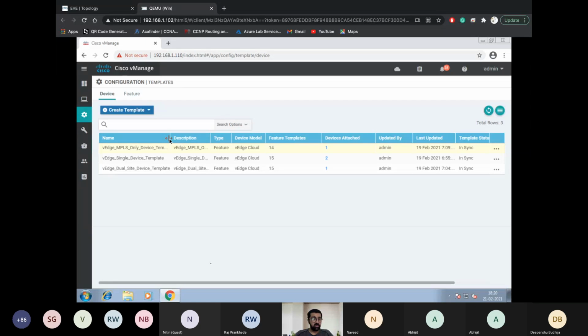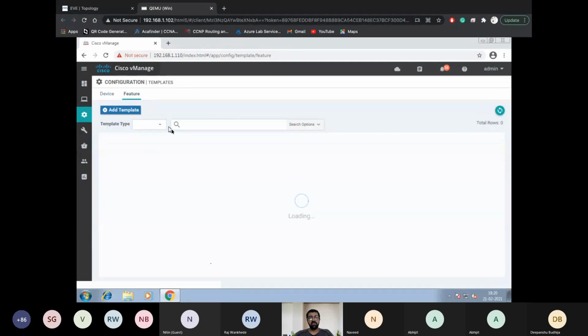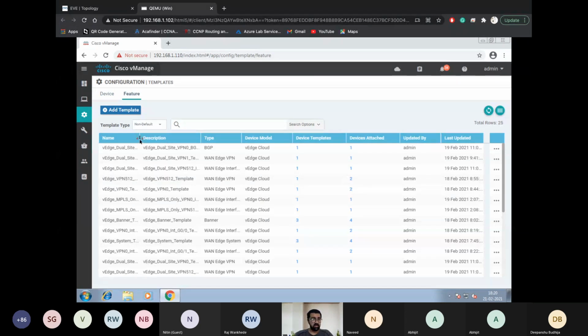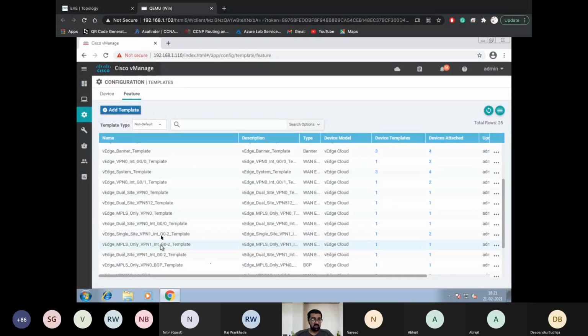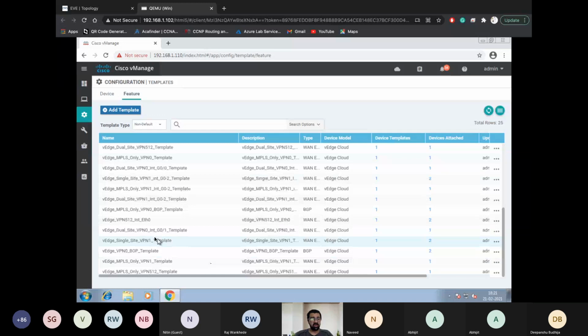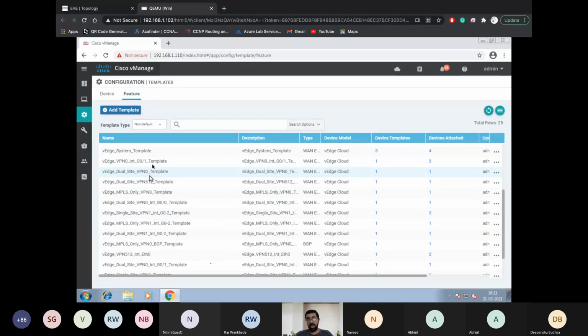Okay, and when we talk about templates, there are device templates and feature templates. A feature template is a specific template that you can create for every feature that you want to have. Like what we have over here, we have a template for BGP configuration. We have a template for VPN configuration. We have a template for banner configuration, for interface configurations, for every other configuration that you can have. And by using these templates,